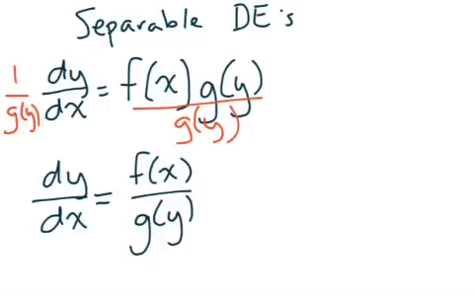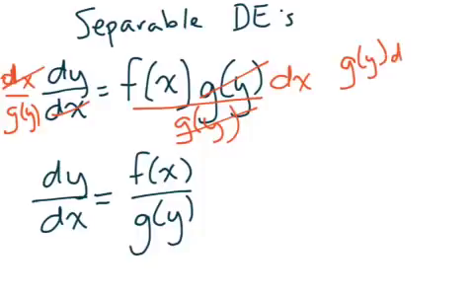And then we could multiply both sides by dx, and I'm going to change this little 1 up here to just a dx. Then g of y divided by g of y is 1, and dx divided by dx is 1, and so finally I get my separated equation, g of y dy equals f of x